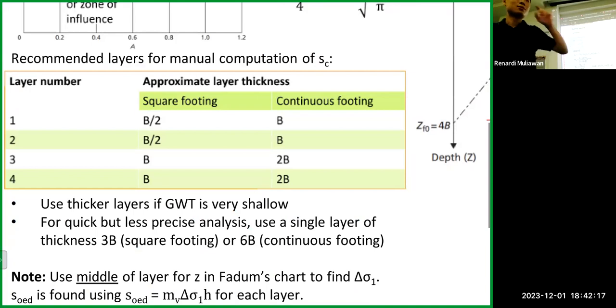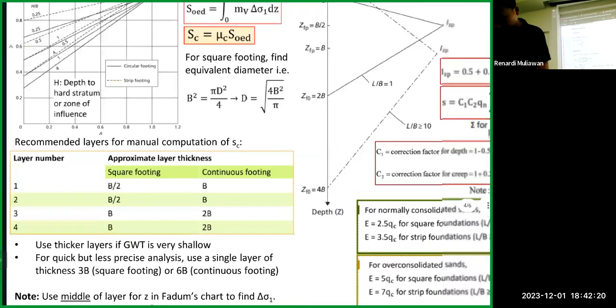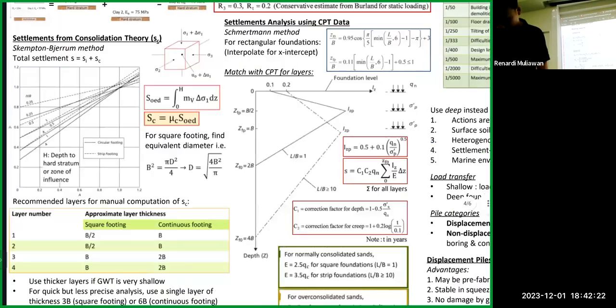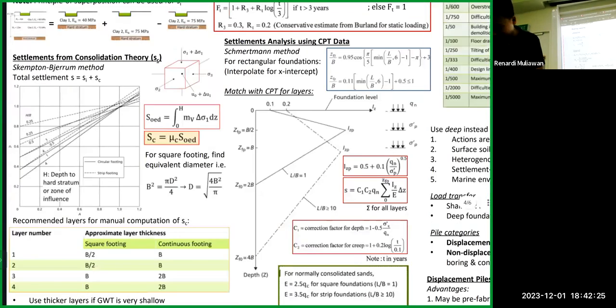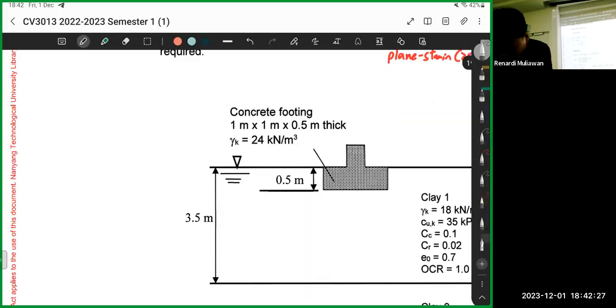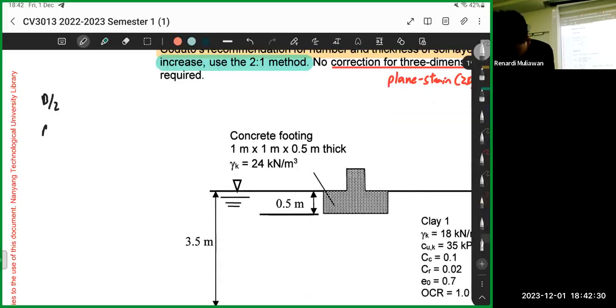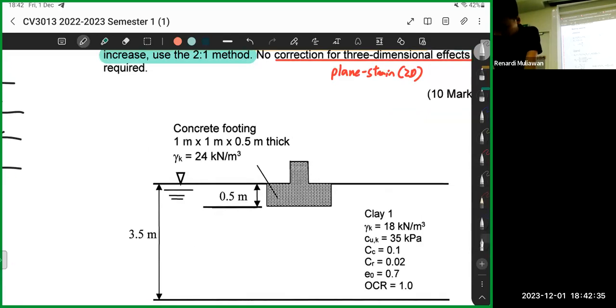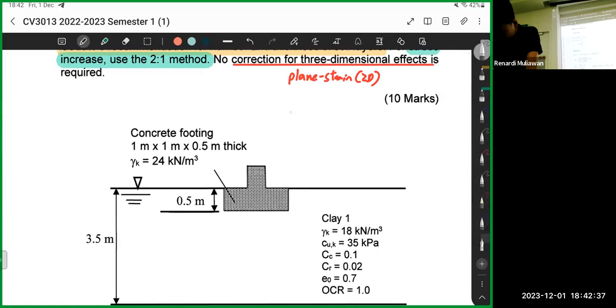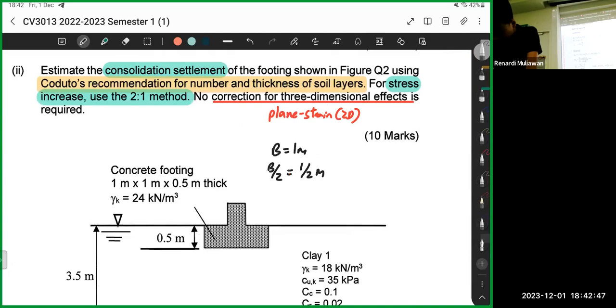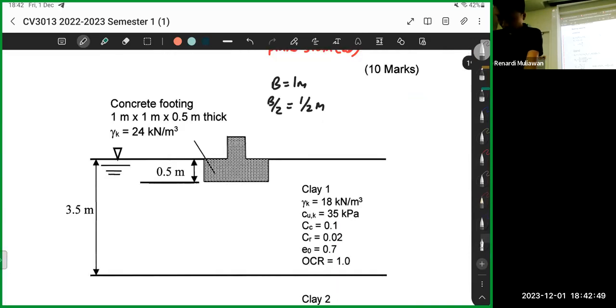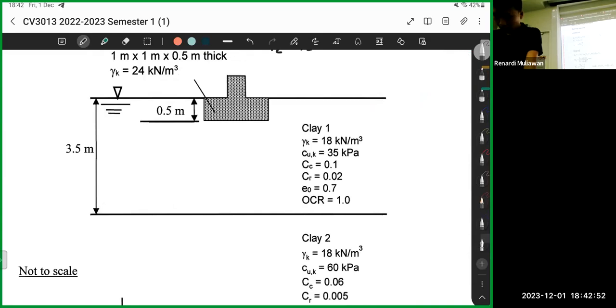Okay. I'll show first. Okay. So the recommended one is B over 2, B over 2, B and B. Okay, so B is 1. So B is 1 meters. So half, right? So B over 2 is half. Okay, so